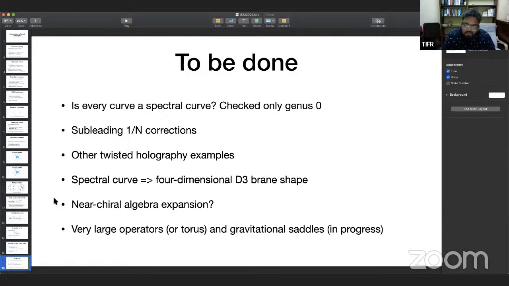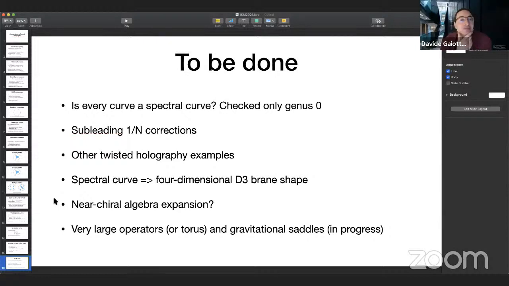So sorry, just to ask you further about what you just said. How do you think about the SL2C in this chiral algebra sector? In what sense does the chiral algebra live at the boundary, let's say, of the SL2C? Or is it just a standard holographic dictionary? It's just a standard holographic dictionary. It's not that the chiral algebra lives at the boundary as much as B-model correlation functions with boundary deformations are equal to the chiral algebra